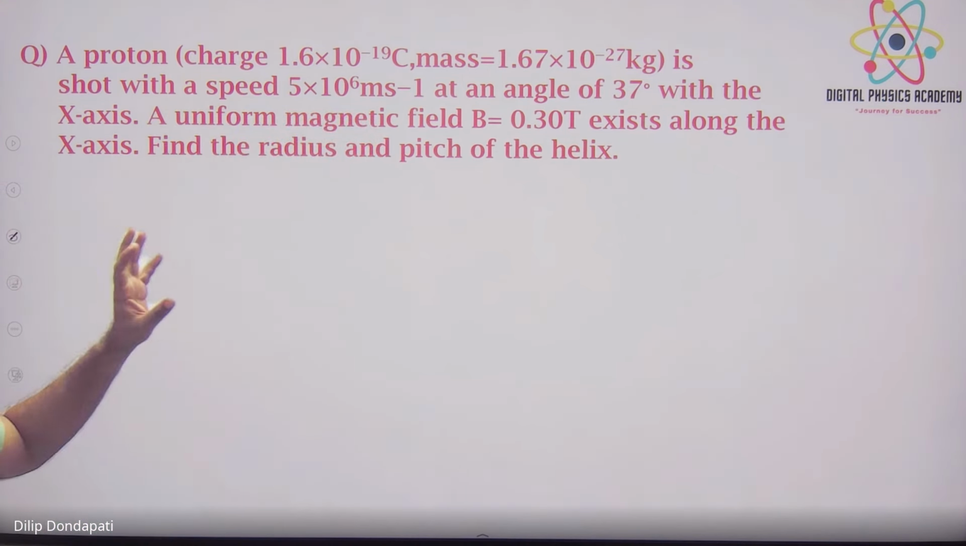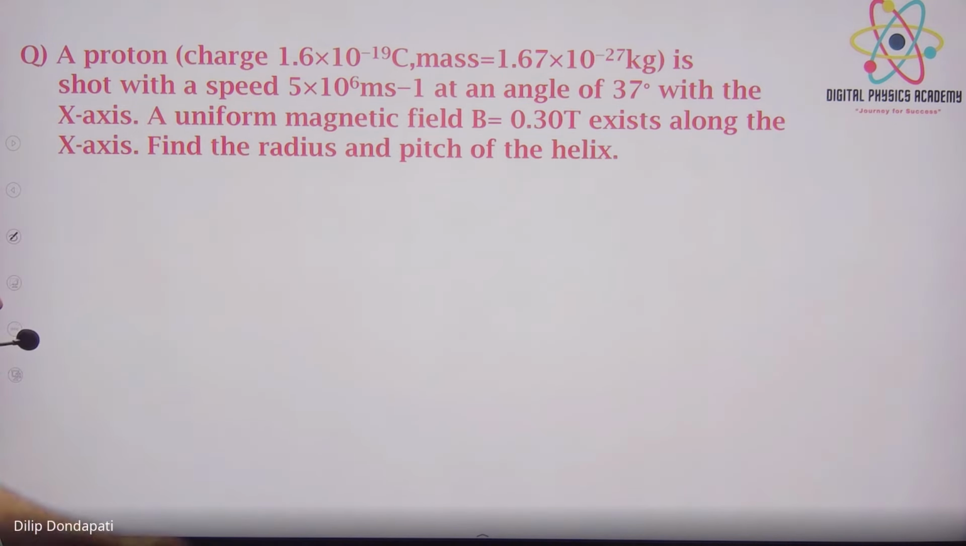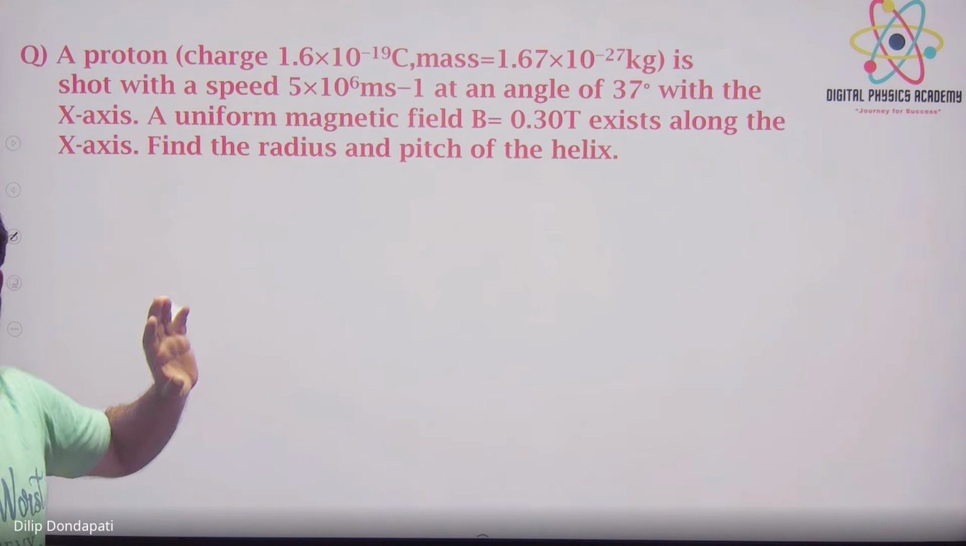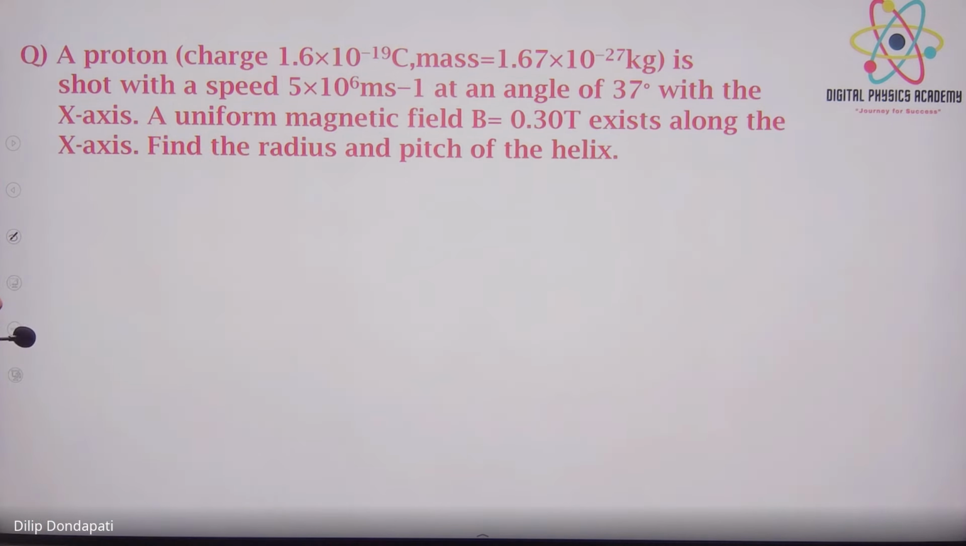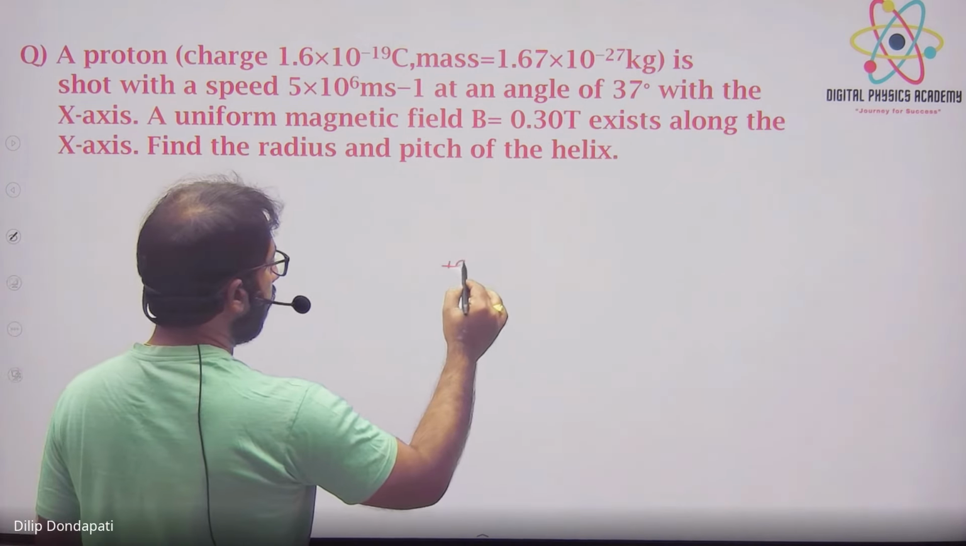Definitely, whenever there is a uniform magnetic field, में charge is moving means there is a force along the axis. Find the radius and pitch of the helix. Because when we are throwing at a certain angle, definitely it is going in a helix path. So it's telling pitch of the helix and radius also. So charge Q,